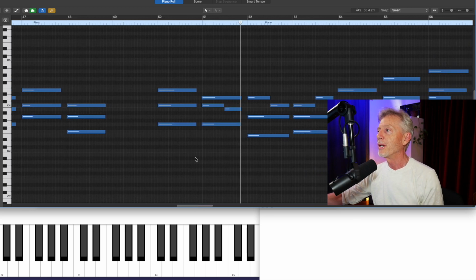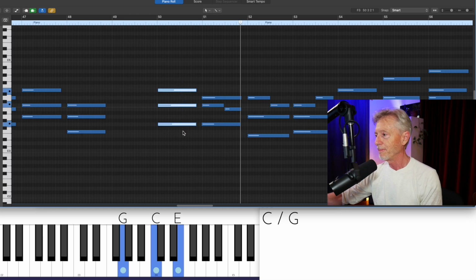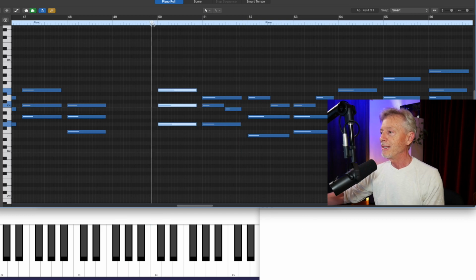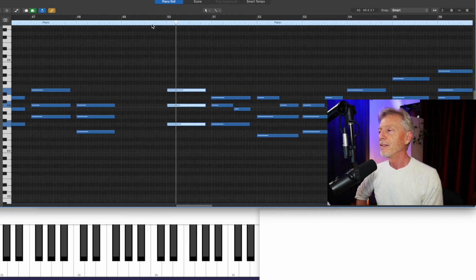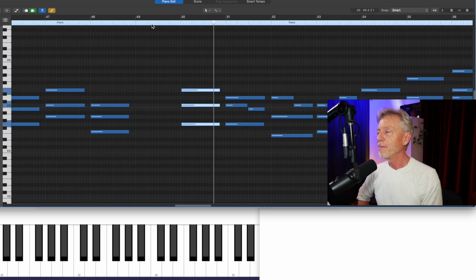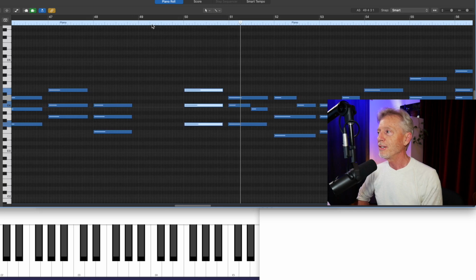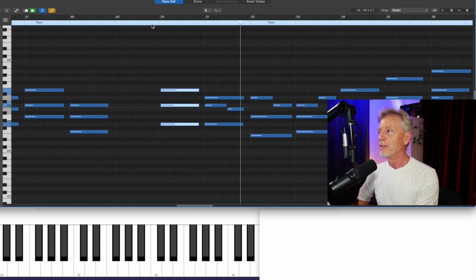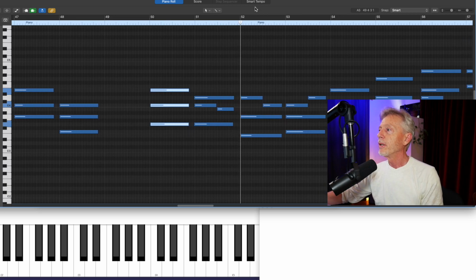In other words, what I've done here is an inverted C chord, G, C, E, is going to G sus, and then resolving to G. It's an elegant sound. Inverted C chord, G sus, and then resolving to G. Now, the next chord is A minor, and that D could be